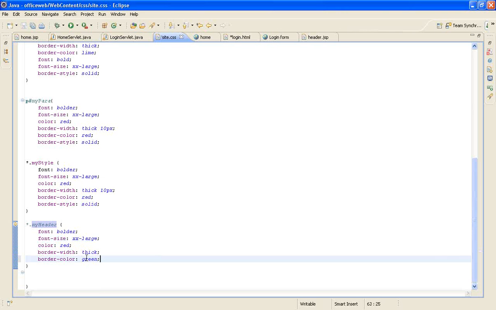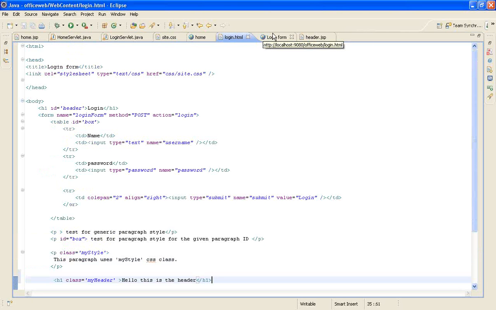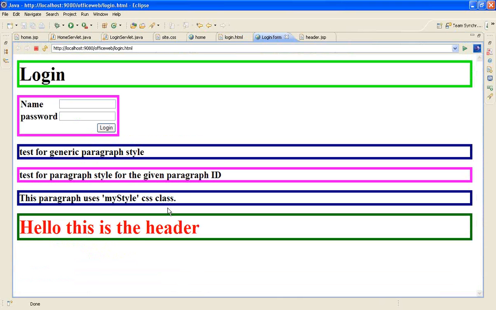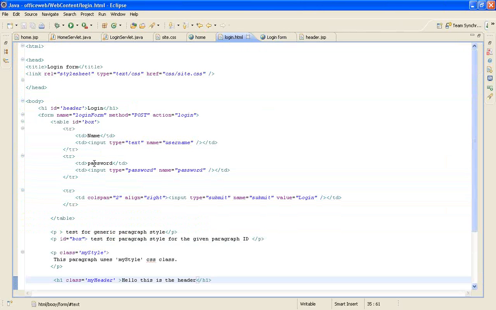Let me make this green to make sure that I'm differentiating. Yeah, this is only for the header. No, no, no. This paragraph uses my style, and this is a bit confusing for me. Okay, that's different, and this is different. I was doing a stupid mistake.